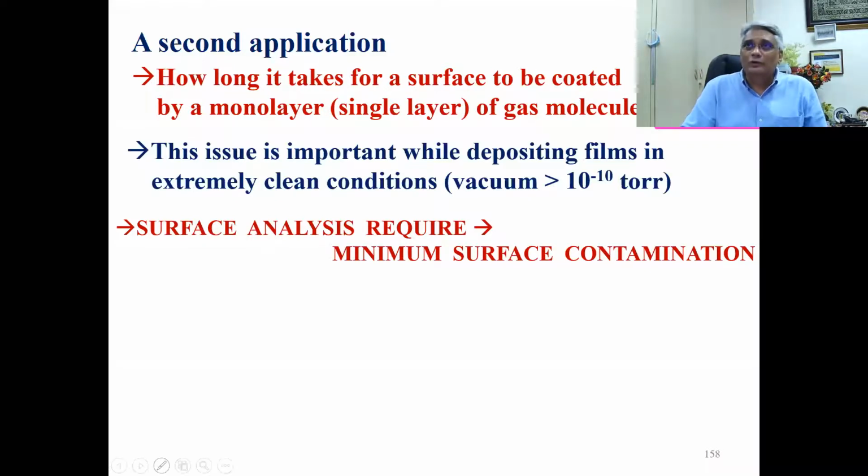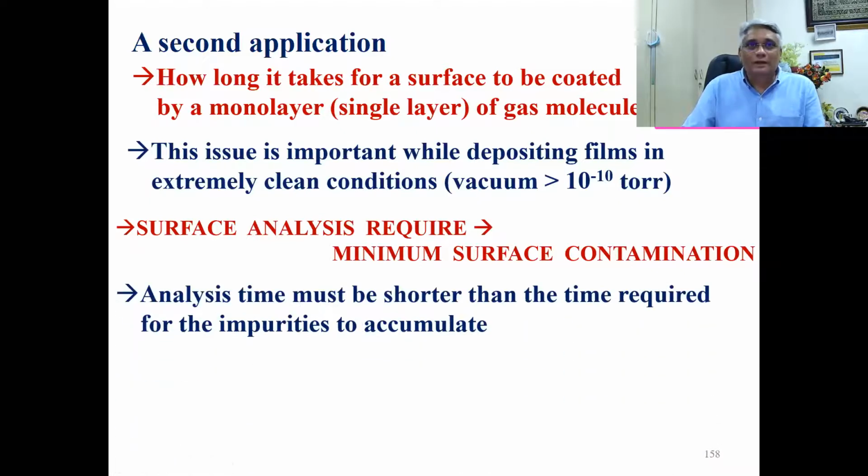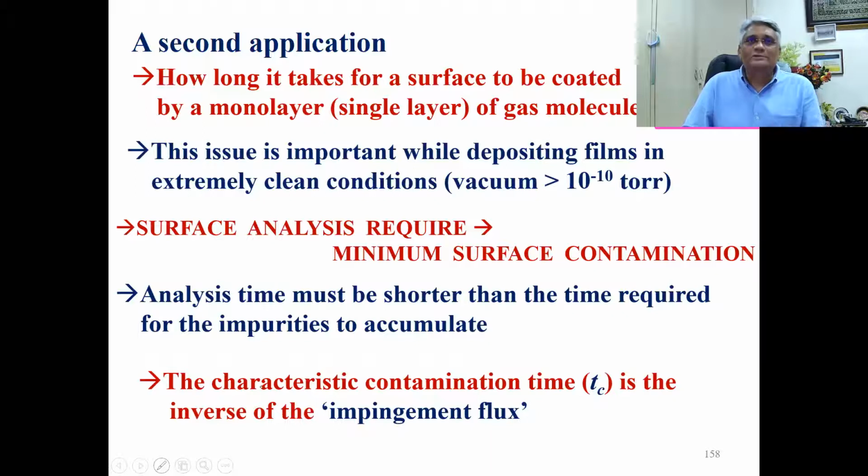If the surface is contaminated by a few gas molecules, your analysis is going to be completely wrong, because you don't get proper information from the surface. With this very sophisticated surface analysis tool, what you are actually doing is analyzing a contaminated surface. So the analysis time must be shorter than the time required for the impurities to accumulate, obviously. And there is what is called a characteristic contamination time, which is the inverse of the impingement flux, right? It's very obvious. The inverse of it means I don't want anything impinging on the surface, which means I maintain the surface as clean as possible. And that kind of scenario can be achieved only when the vacuum levels are